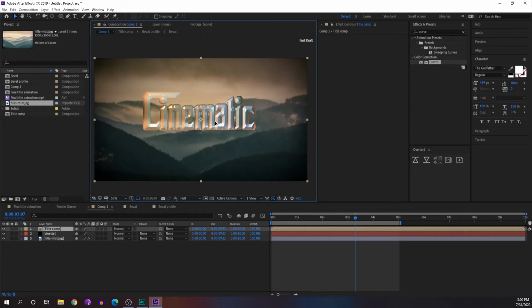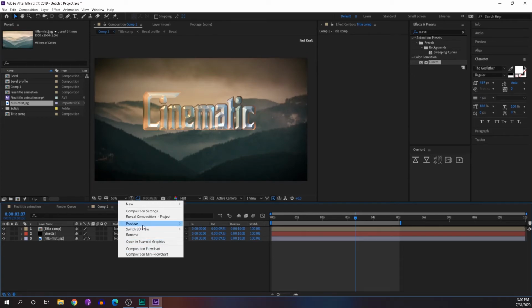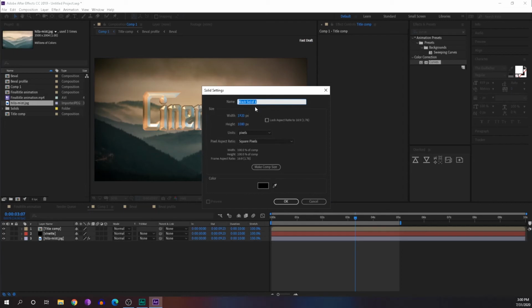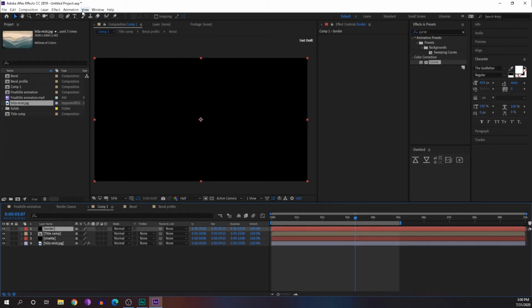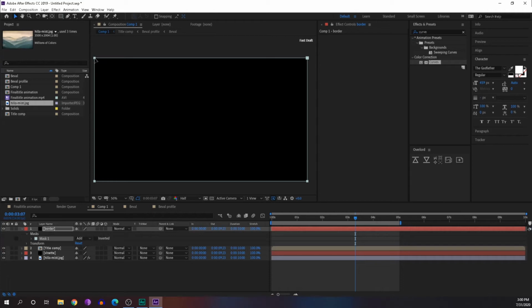We can actually move the title above or below as we want. One more thing we are going to do is create a border on the top and bottom, so it will be more like a cinematic kind of title effect. We'll create one more solid, we'll call it border, and this time I will add a rectangle, and I'll double click, so the rectangle will be created in the size of our composition.